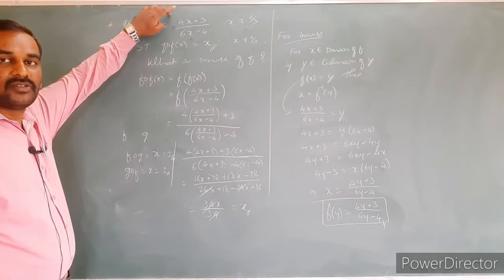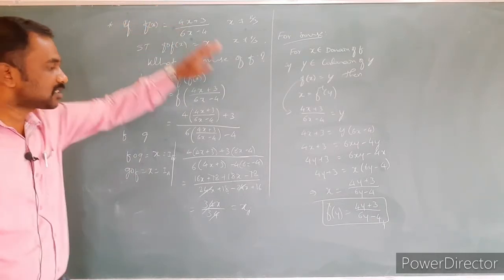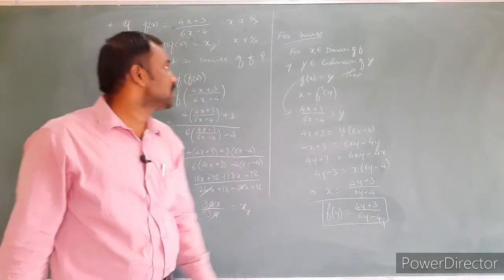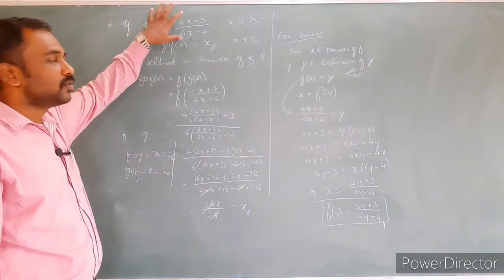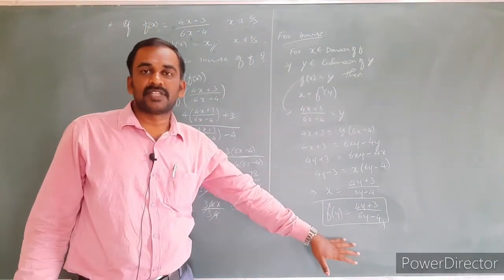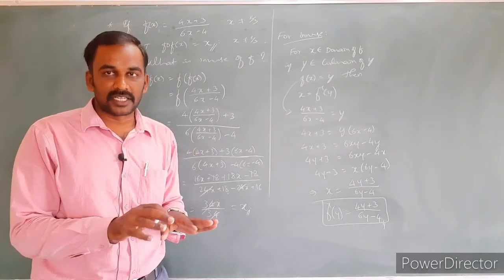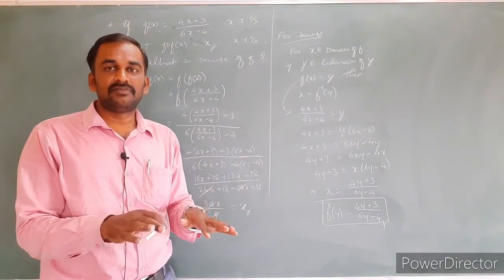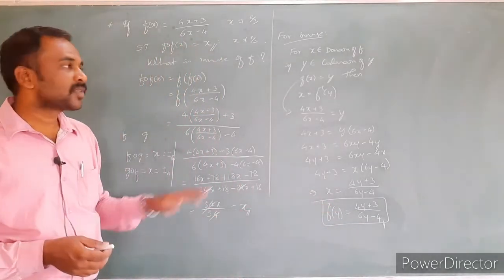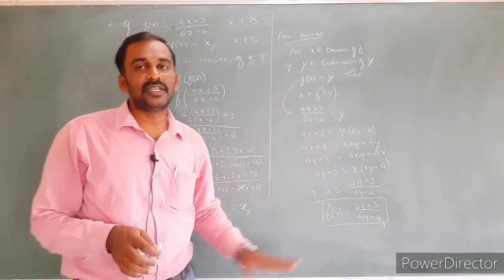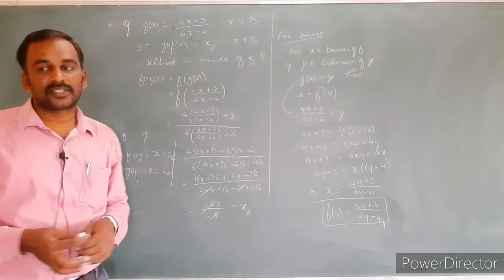What is the inverse? Original function: (4x + 3) divided by (6x − 4). Inverse: (4y + 3) divided by (6y − 4). There is no difference between the original function and the inverse of that function. That means some functions are the inverse of themselves. We just say that this is one particular example. Okay, so this is how we have to find the inverse of the function. And composition, they are asked to prove it.